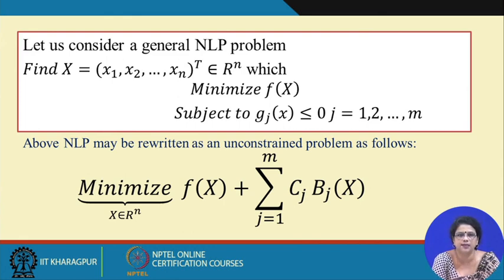Why we call it a barrier function, I will discuss later, but this is a penalty function. If the point is not optimal, or rather not on the boundary of the feasible region, this barrier function value will be positive. Cj is the corresponding penalty parameter. As a whole, we have a summation of all penalty terms. As many constraints as we have, that many penalty terms we will have. This is the unconstrained problem,